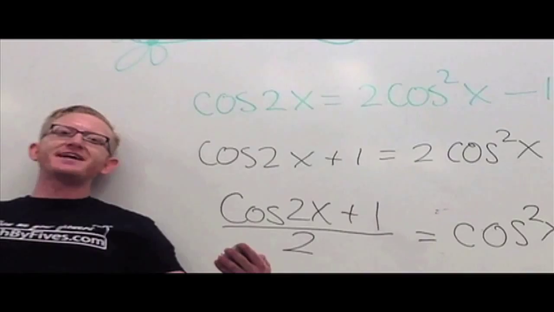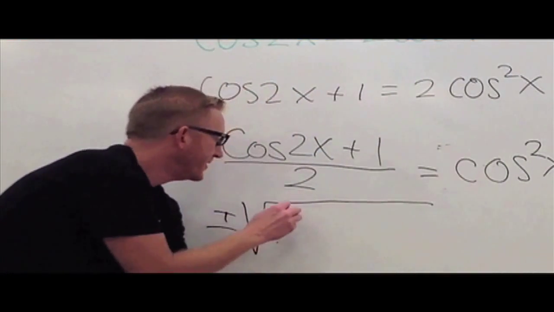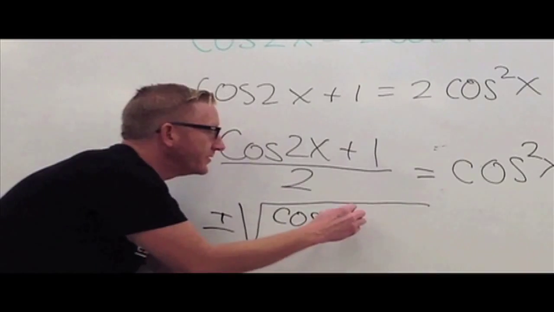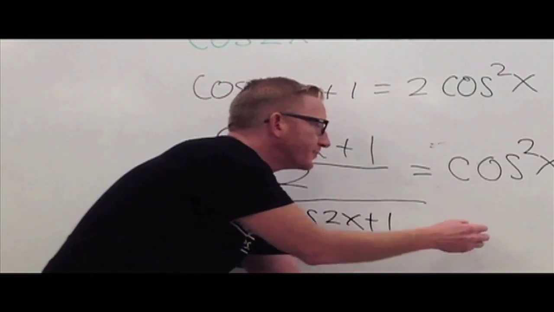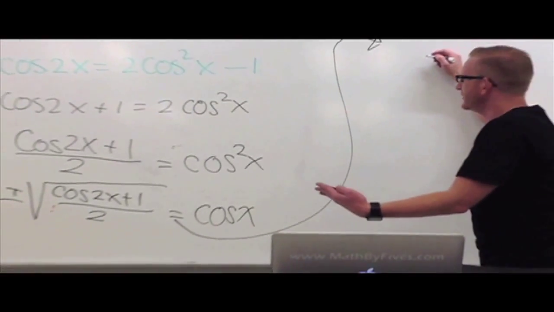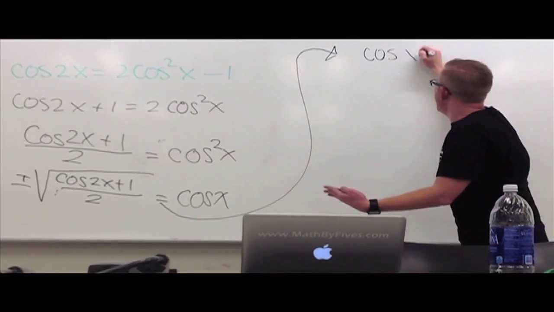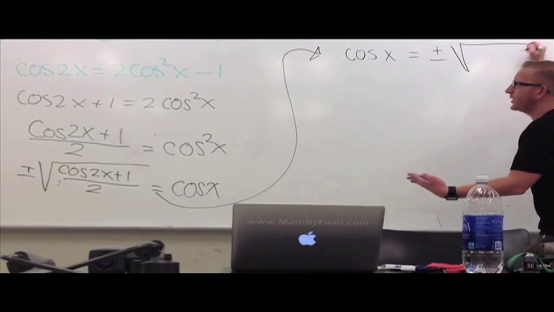I'm going to take the square root of both sides, but I'm not going to forget the plus or minus the square root of cosine 2x plus 1 all over 2. That's going to be equal to the cosine of x. Wow! We're trying to make the half-angle identities, and I don't see any half-angles in there at all. I'm going to take it to the top. I have the cosine of x, and that's equal to plus and minus the square root of